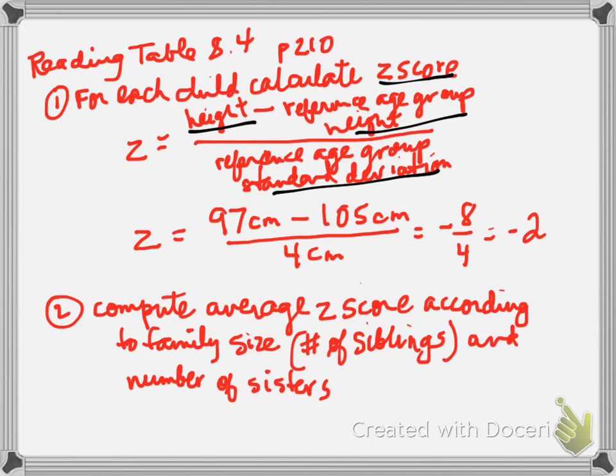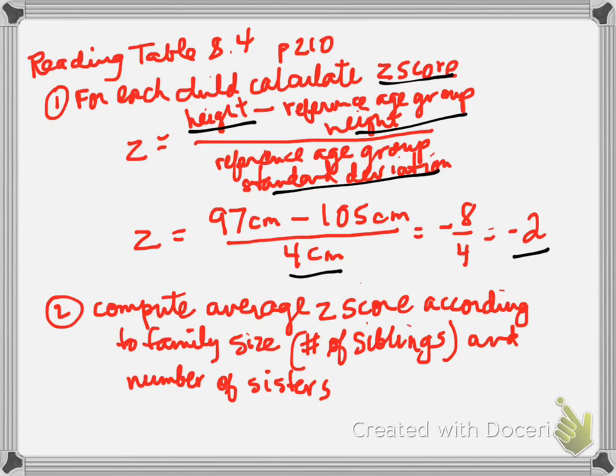We might have a child whose height is 97 centimeters. The reference group's height is 105 centimeters. The standard deviation for the reference group is 4 centimeters. So we have a gap of 8 centimeters in height between this child and the reference group. And since the standard deviation is 4, 8 divided by 4 means the child is 2 standard deviations below the